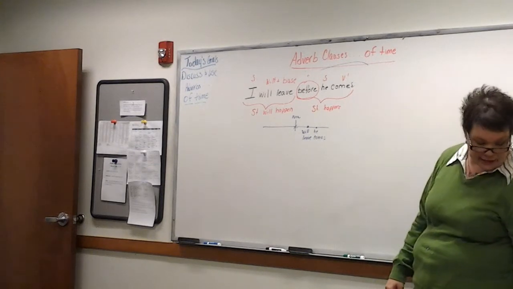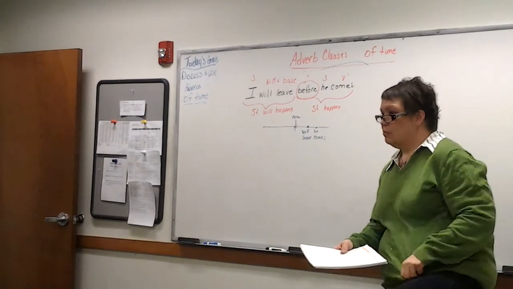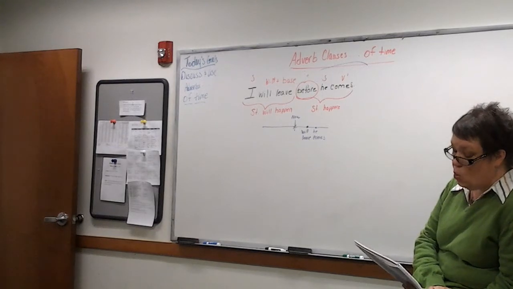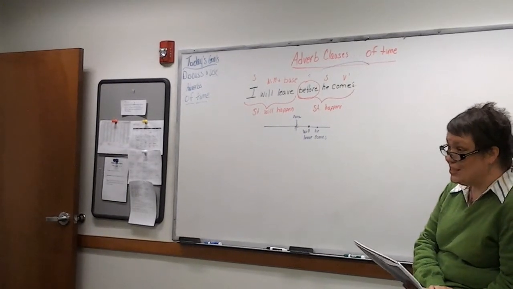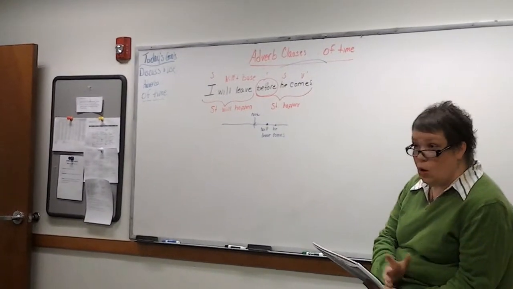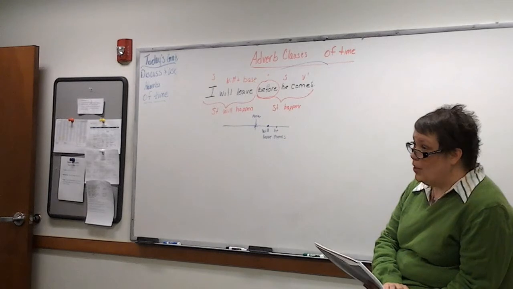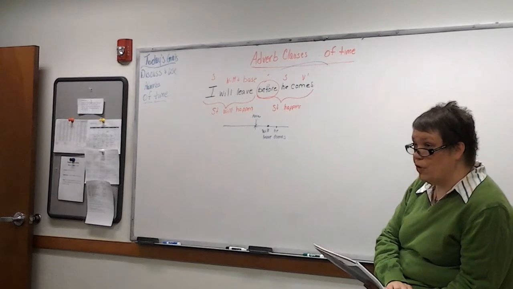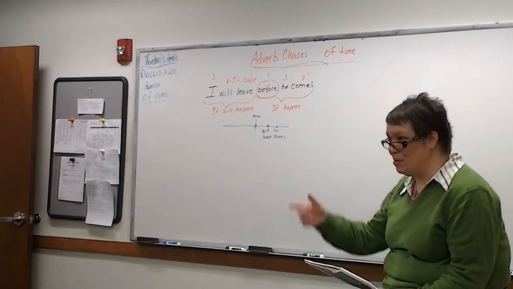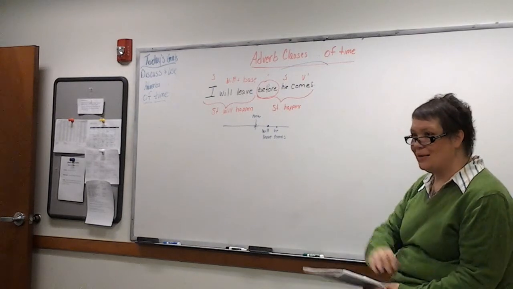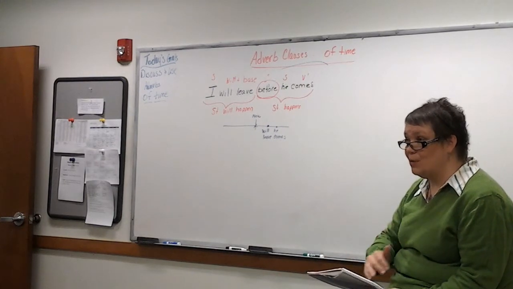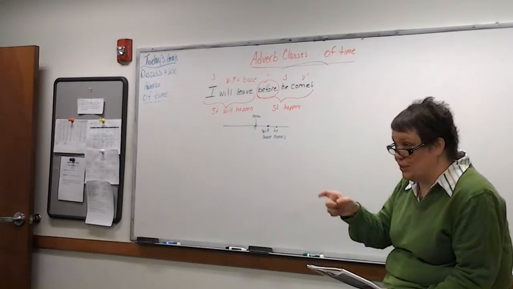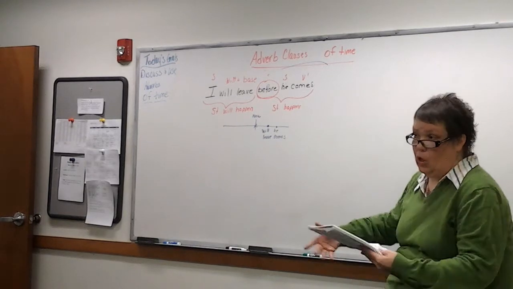All right. Let's look at the next set, the whens. We've done the whens. The whens are easy. When I arrived, he was talking on the phone. We've done these too, haven't we? When I arrived, something happened. But over here, he was talking on the phone. Something was happening. Remember when we drew those on the board? The same thing that we've already done with the past progressive, we're looking at again. We're just putting a name to what's going on with this when stuff. We're calling them an adverb clause.